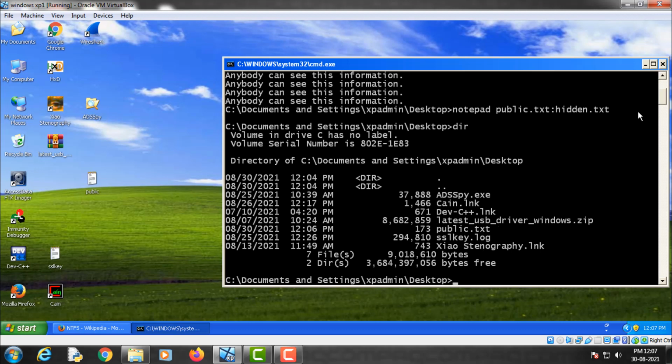Okay, so in order to read the content of this hidden.txt file, you must first know the name of this hidden.txt file. Only then you can read the content of this file.